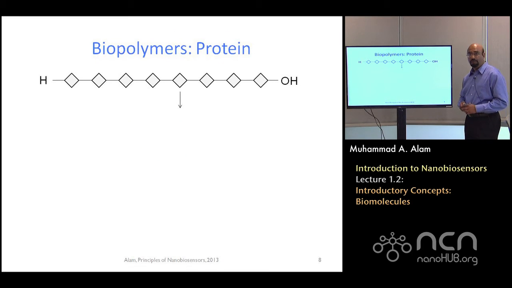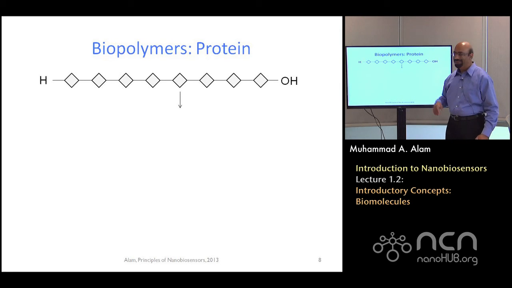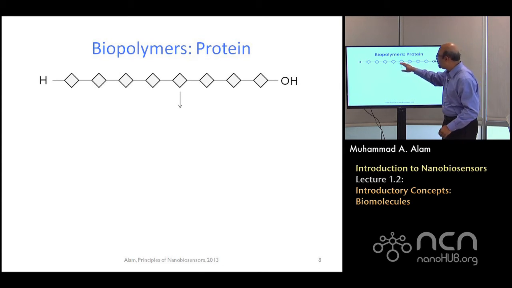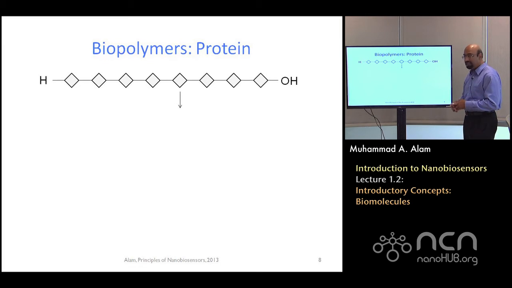Next up is protein. Protein is again a long chain, almost very similar to DNA. In fact, every 3 bases of the DNA creates one protein. And since there are 4 bases to choose from, there might have been 64 combinations of proteins. Instead, there are actually 20. So you can think about it as if you have a necklace that has 20 different colored beads, and these are strung together. Once again, very similar structure.